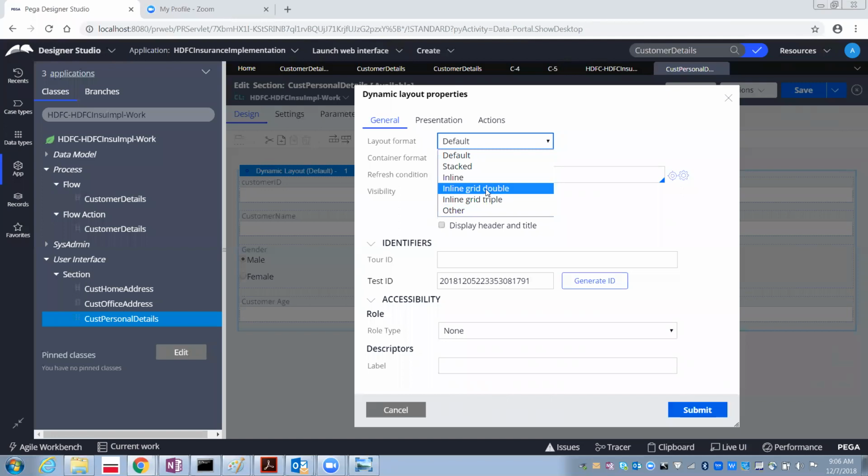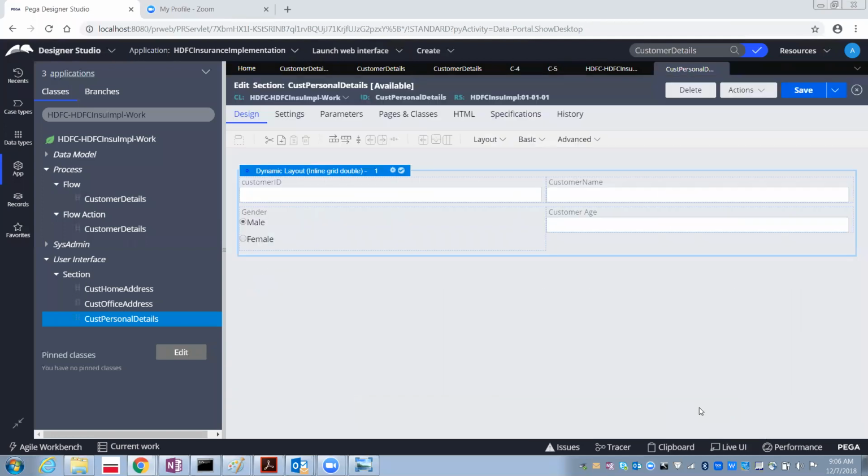Now if you select inline grid double and then submit, see what happened. These 4 properties have been divided into 2 columns: customer ID, customer name, gender, and customer age. Even if you add a few more properties, it is going to have 2 columns.